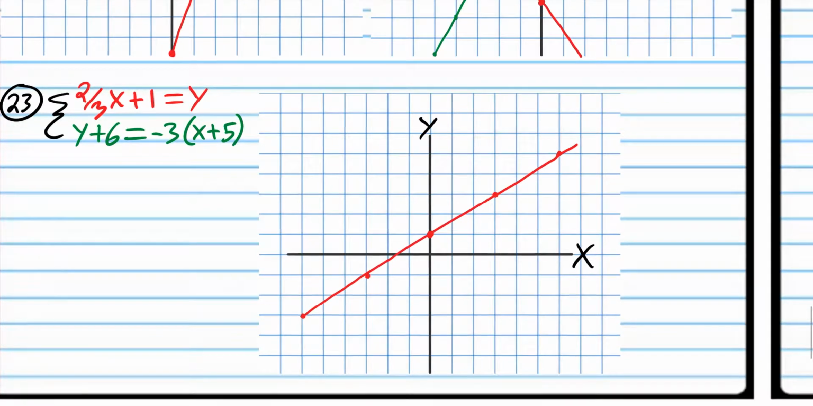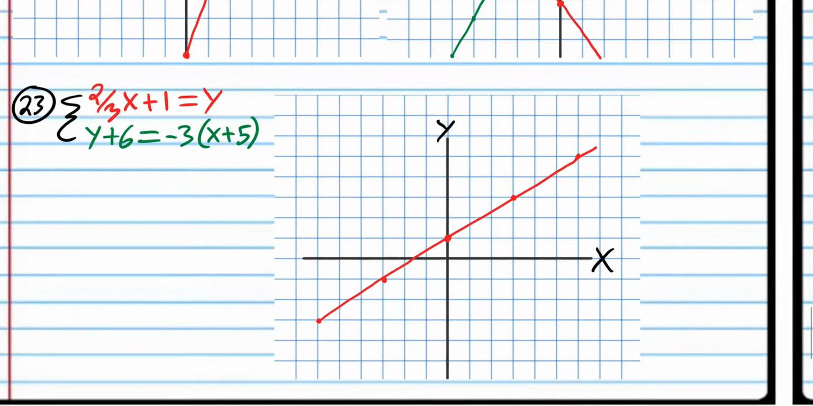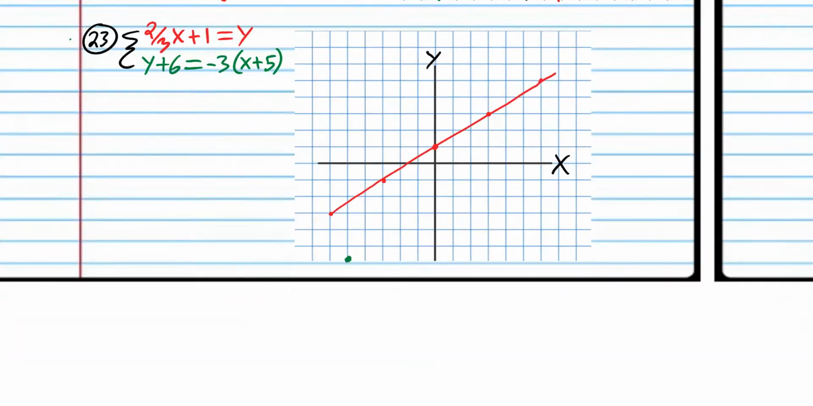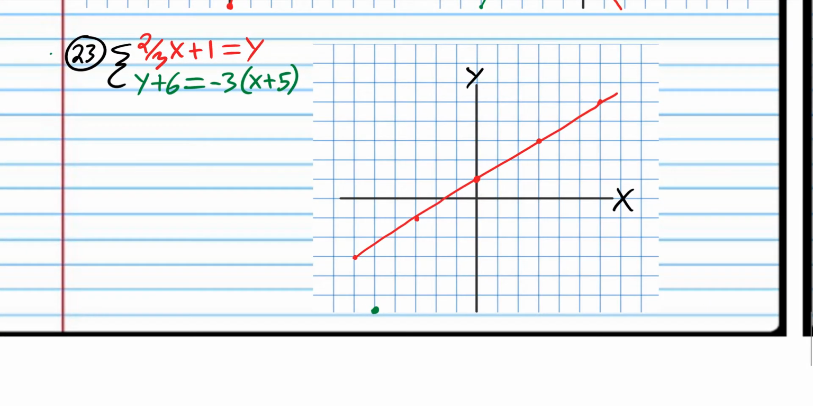All right, so now we're going to use point-slope form with the green equation, and the point is -5 and -6. Again, it's opposite signs. And that's going to be down here, and then we're going to use the slope, which is -3. Again, that's the same thing as -3 over 1. So the rise is -3 and the run is 1. But notice we've come across a problem here because we can't go down 3 and over 1 because that goes